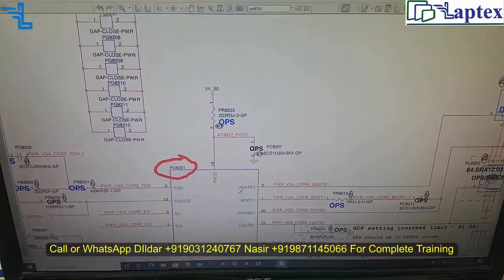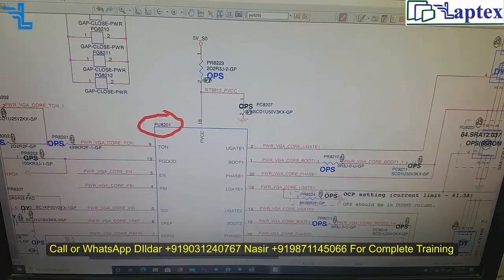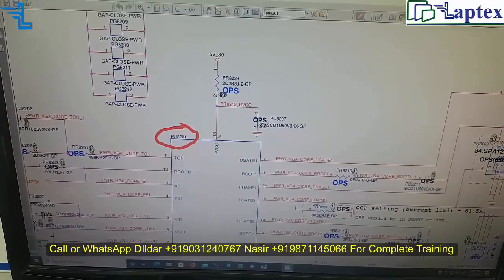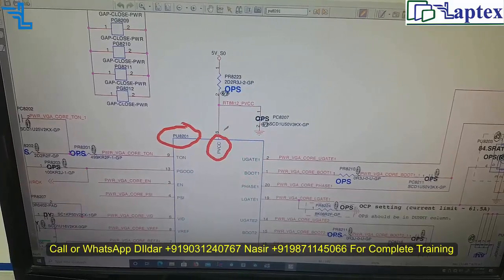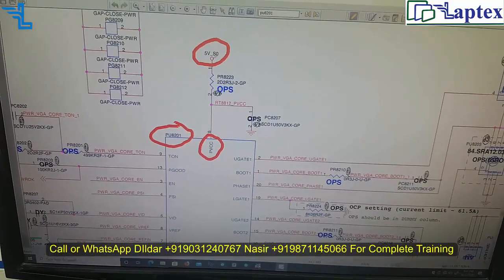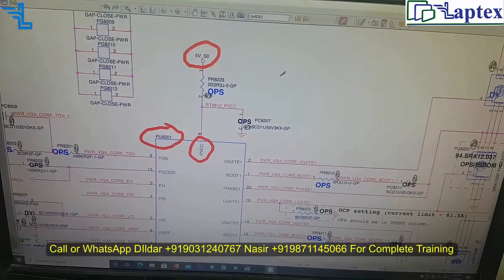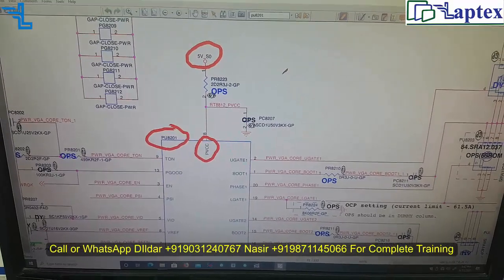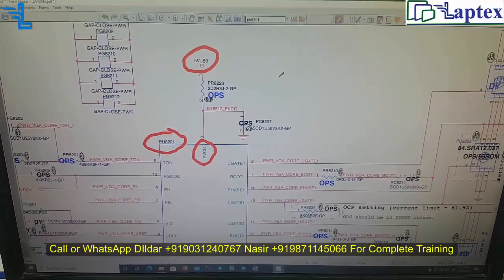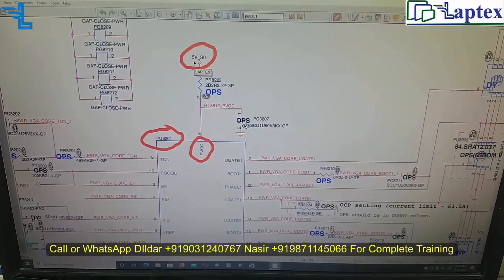So in this IC we know that we are not getting the output voltage. What is the reason behind it, and how do you determine the root cause of that problem? Let's begin from the VCC voltage. The VCC pin number is 18, and here 5 volt S0 is coming. So what is S0? It is the final state of any voltage, which tells you that all the power is awake and ready to perform its duty, like waking your core voltages and your GPU voltages.